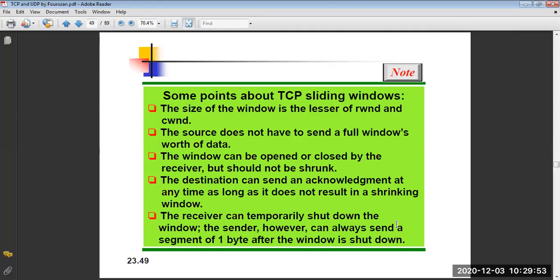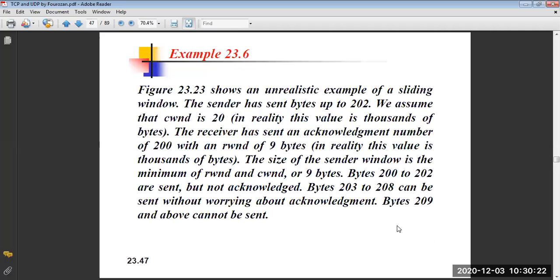Now उसके बाद जो next point है, the source does not have to send a full windows worth of data. The window can be opened or closed by the receiver but should not be shrunk. A destination can send an acknowledgement at any time as long as it does not result in a shrinking window. Clear? And the last one is the receiver can temporarily shut down the window. The sender, however, can always send a segment of 1 byte after the window is shut down. Exactly,